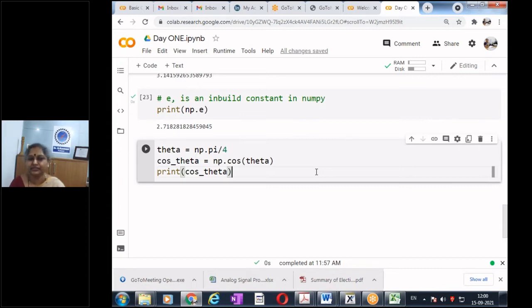Okay, that's nice. So what is the observation? Just try some other value. Let us say cos pi by 2. Change it to cos pi by 2, run and get the answer. Cos pi by 2, what's the answer?